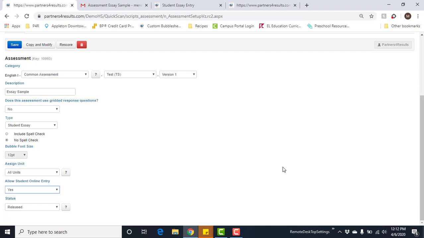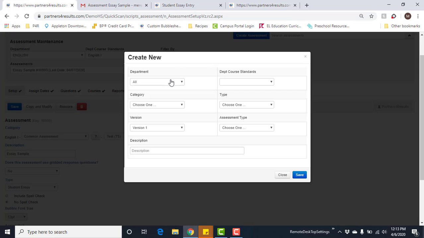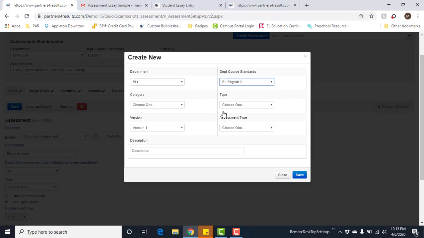Once you have changed the status to Yes, you will then go through the tabs to make sure that everything is set up correctly. If you are creating this assessment from scratch, you will go ahead and click the blue Create Assessment button. You will go ahead and select the department and the standards you would like attached to this assessment. Choose the category, the type of assessment,